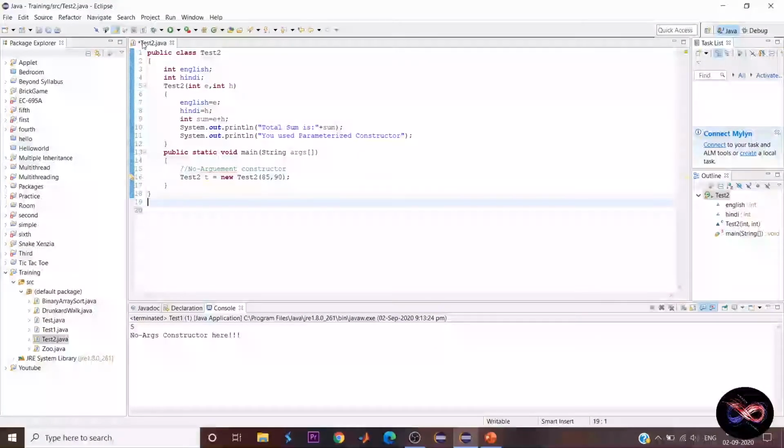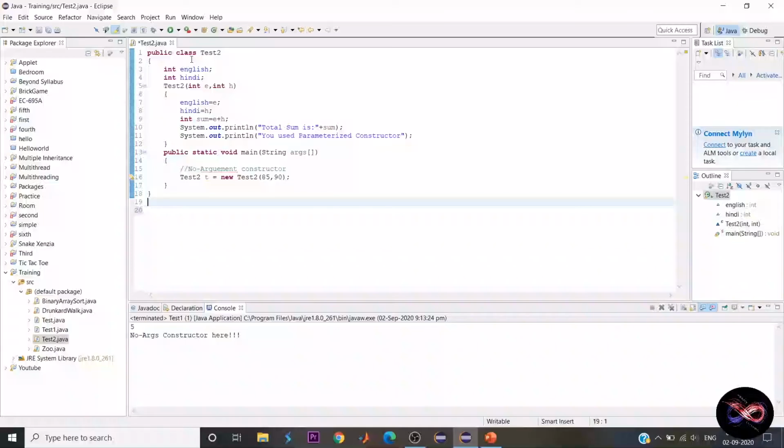By looking into this code, you all can say that something is different from the previous two cases. You can see here that the class name is test2, and there is another method which also has the name test2, which is the same as the class, which is one of the properties of a constructor. So we can say that this is a constructor, and it is a parameterized constructor, because you can see here there are two arguments and both of them are of data type integer.